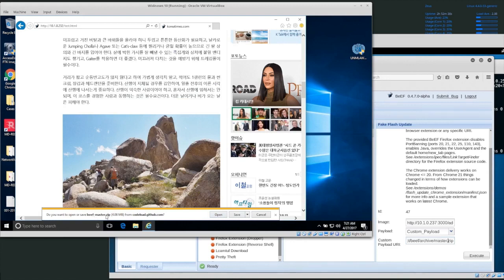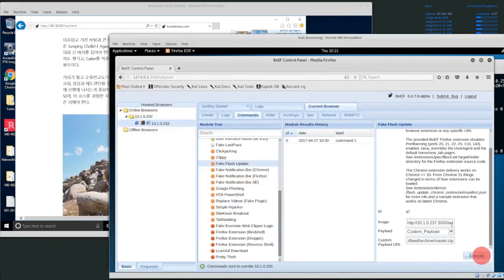So this is called Beefmaster Zip. Obviously, that's not something that a user should download and install, and it could be called Flash Player, so it looks like it's a legitimate download. Again, let me execute that. I'm going to cancel this. If I execute that again,